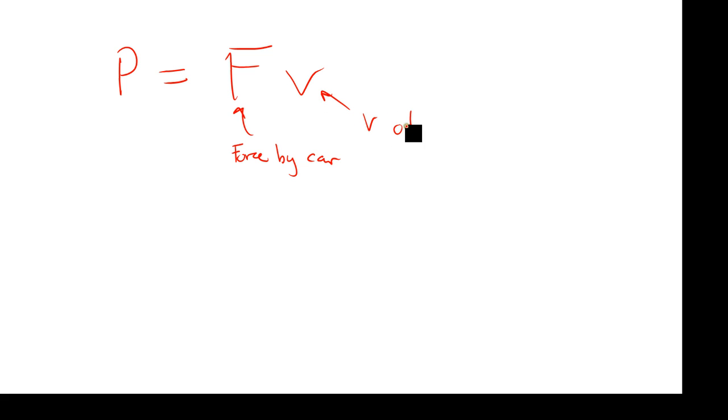So the power equals Fv. This is how we all remember it, right? But we have to be very specific. F is the force by the car. V is the velocity of the car, the real velocity of the car, correct? And in this equation, at terminal velocity, the force by the car is then equal to the